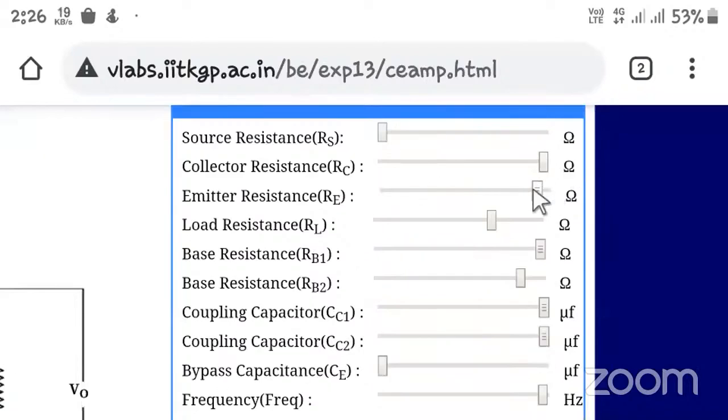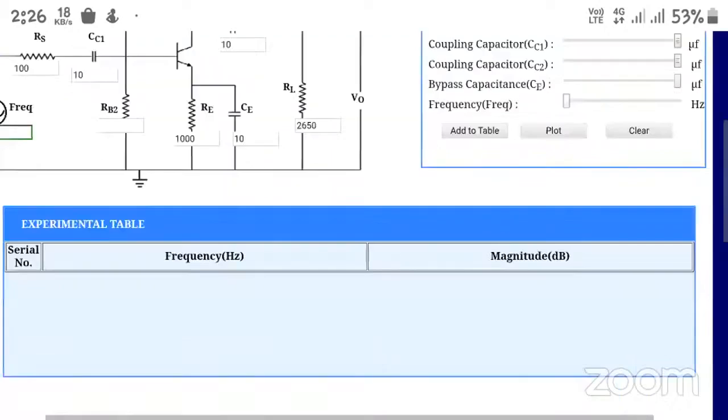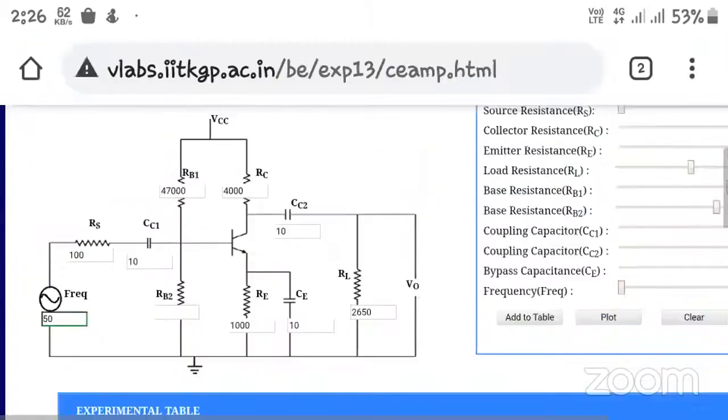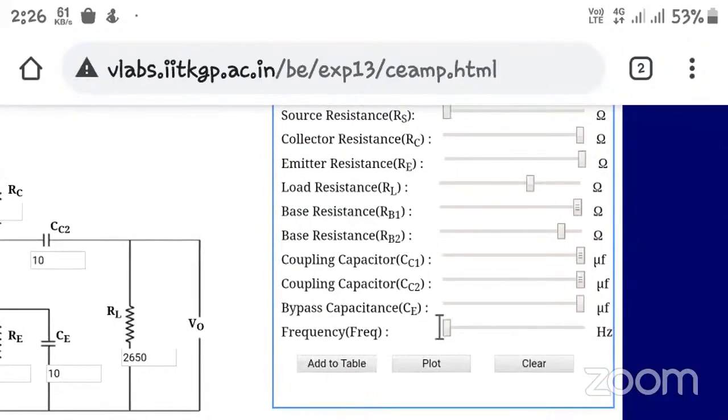I have just to set the value. So load resistance at 4.2 ohm, base resistance at 10,000 ohm, and these are 10 microfarad capacitors. What we are going to do over here is vary the frequency. Let me vary the frequency in regular intervals. This is for 50 hertz. Then if I move it slightly forward,